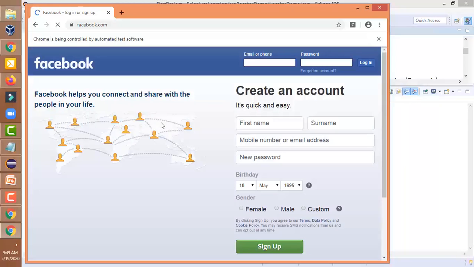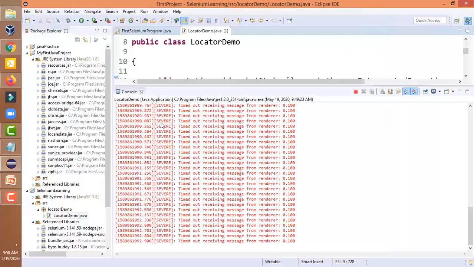It has opened the browser successfully. Now it will navigate to Facebook. Now what is our expectation? It should enter the email ID in the field over there, wait for 10 seconds, and then close the browser automatically. So look at this, sam@gmail.com has been entered automatically by this script. Now it will wait for 10 seconds and then close the browser successfully.